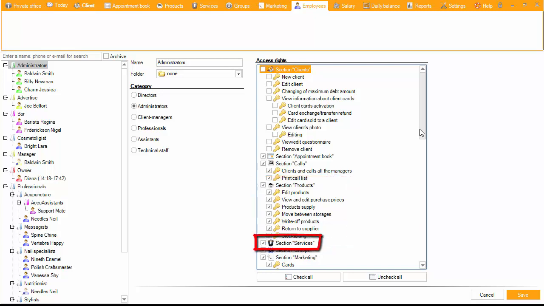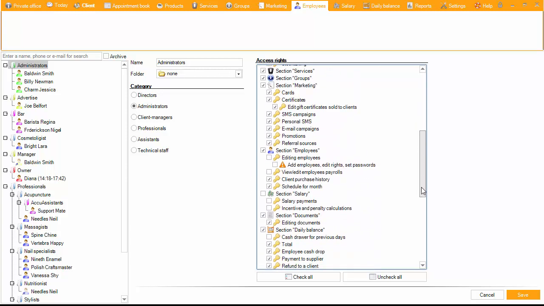Services section: access to the Services section with the ability to create, edit, and delete services. Marketing section: access to the Marketing section with the ability to view the list of birthdays of clients and work with the following tabs: